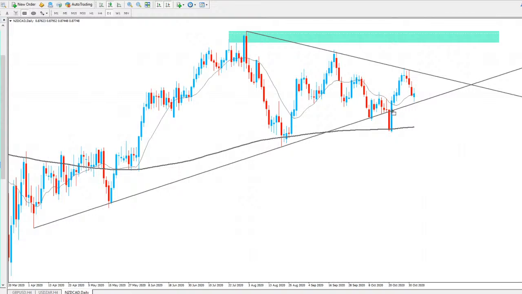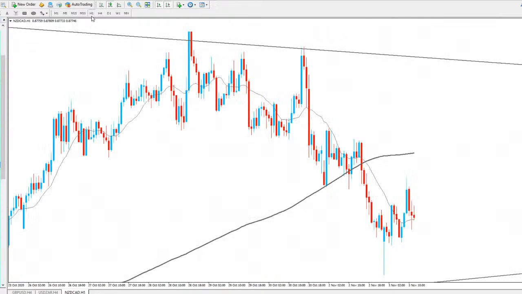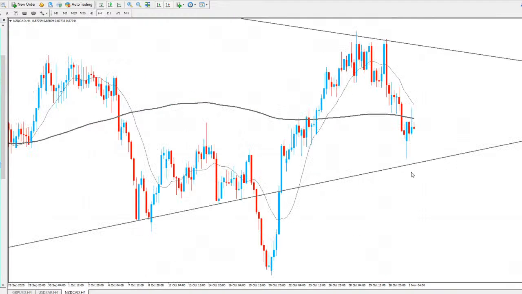But if we break out of this trend line, the daily trend line, then we see a move to the downside. Again, we do have support all along here where we could potentially see price go to. And again, you can look to get into the markets on the lower time frames as that happens. But for NZD CAD, we haven't quite tested that, so maybe we've still got a bit of room to move to go and really test that trend line and see price continue to the downside. And again, on the hourly, you see we do have a bearish trend in the market there. So naturally, you can be expecting that to continue and maybe go and test that trend line properly and then see us resume to the upside.